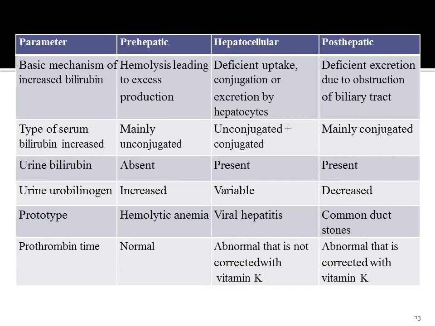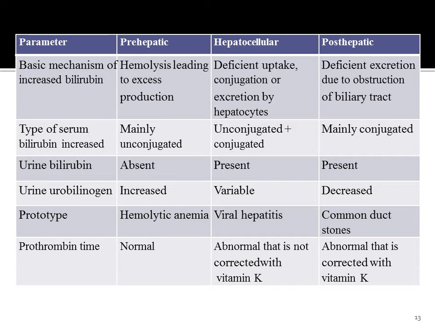But in post-hepatic jaundice, because of obstruction in bile excretion, there is decreased bile in the intestine, and so the fat soluble vitamins like vitamin K are affected, and an increased prothrombin time is found. So when we give vitamin K, the prothrombin time will be corrected or become normal, because the prolonged prothrombin time in post-hepatic or obstructive jaundice is because of vitamin K deficiency, not because of deficiency of the coagulation factors proper.